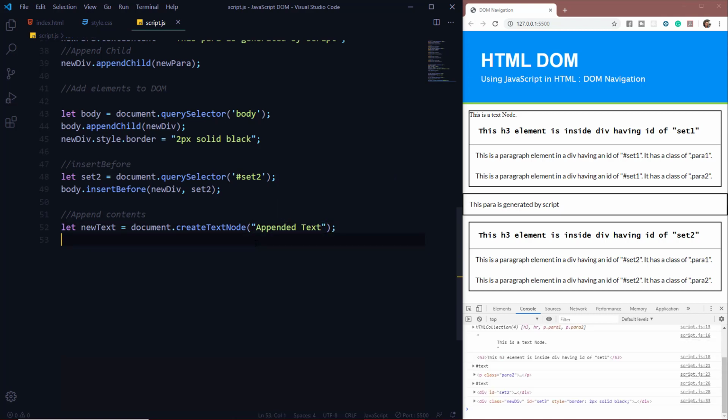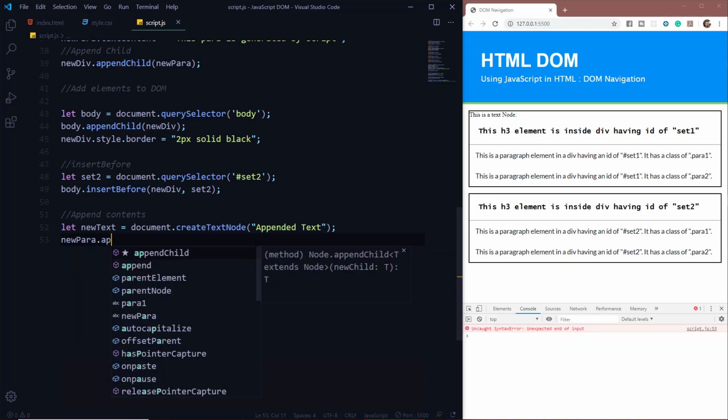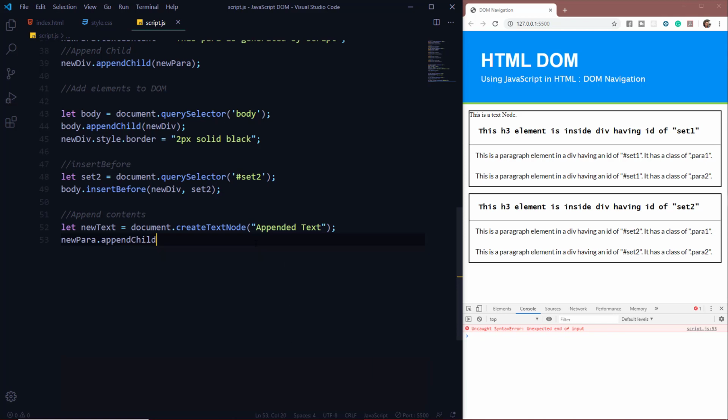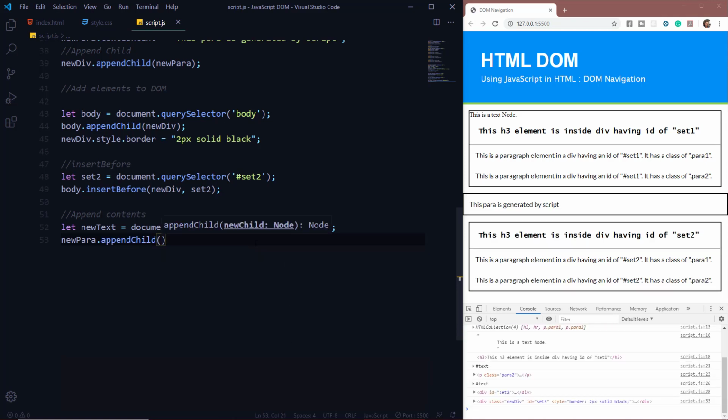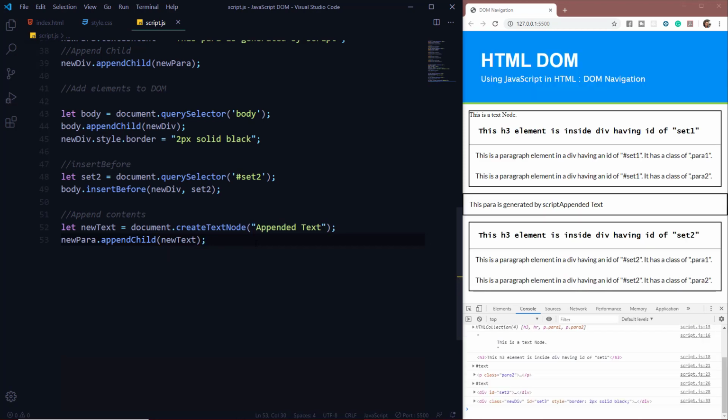Now we can use the appendChild method to add this new text into our paragraph element. So we can do newPara.appendChild, and we can pass the newText variable. And you can see that the paragraph has been appended and the appended text has been added at the end of it.